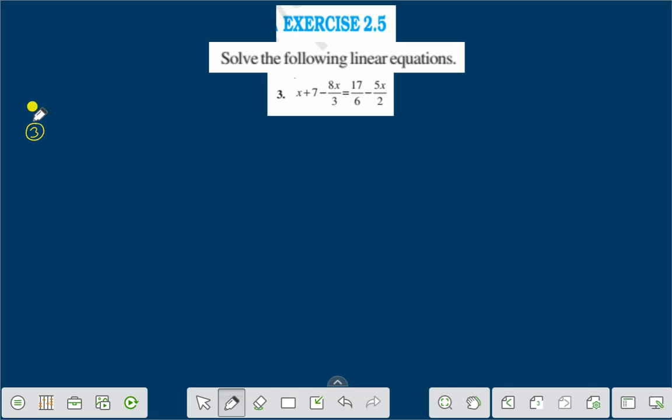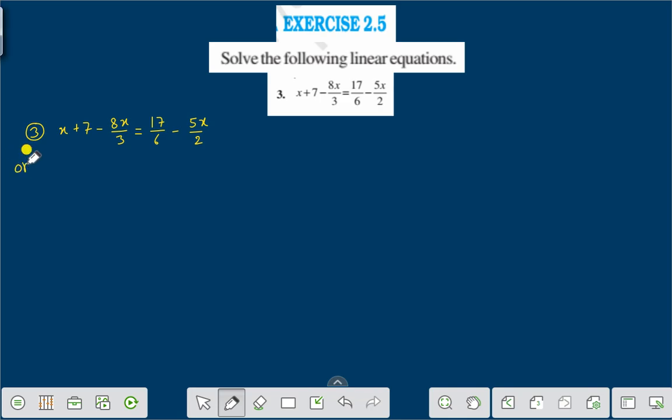The question is x plus 7 minus 8x by 3 is equal to 17 by 6 minus 5x by 2. Transposing 5x by 2 on the left hand side and 7 on the right hand side, we get